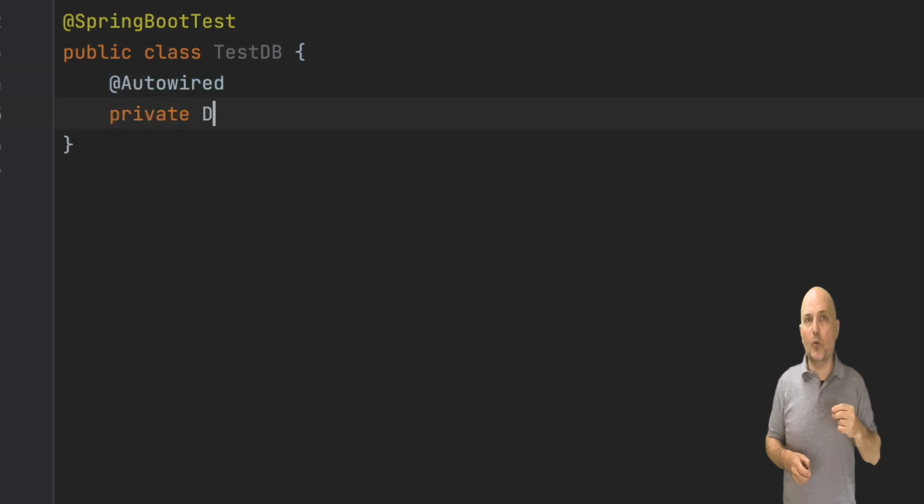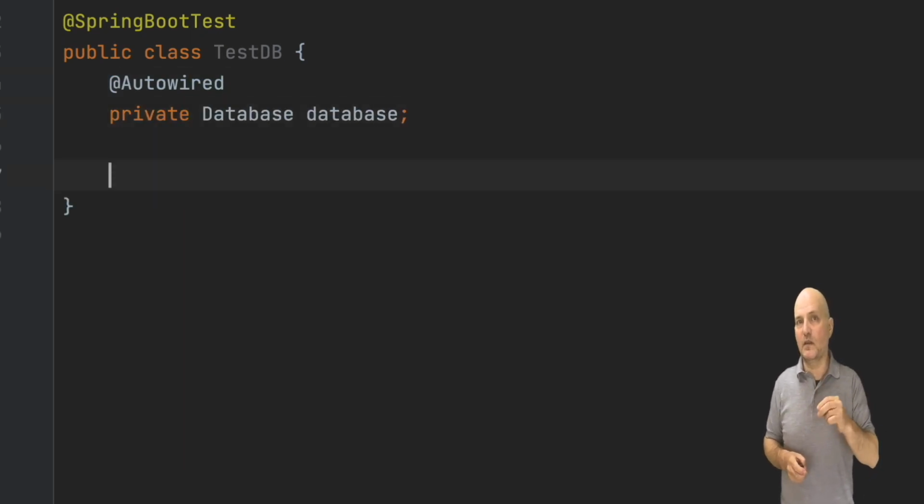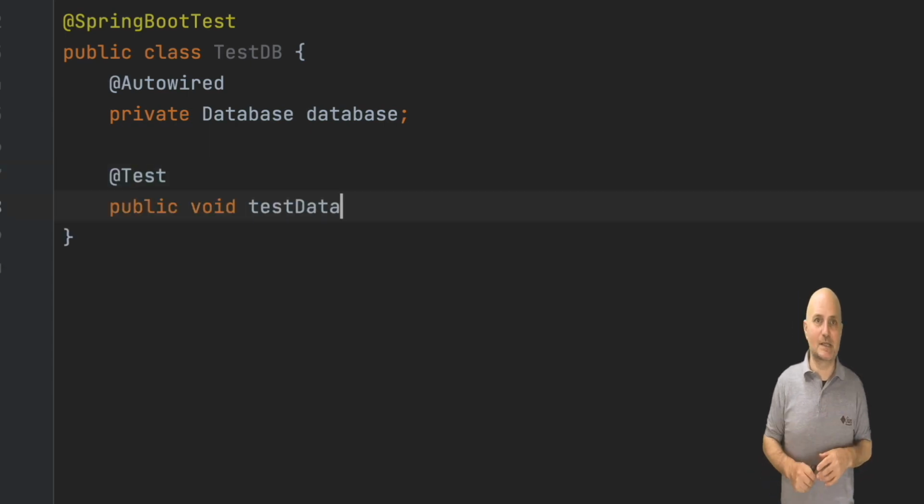Up until now, we only injected beans into Spring with constructor-based injection using the required args constructor and the final field. There's another way to inject beans in Spring with the autowired annotation. It's discouraged, but in tests, it's pretty common. Spring will set that object for us seamlessly.